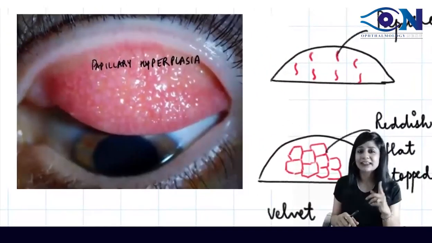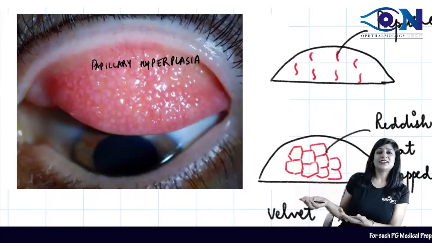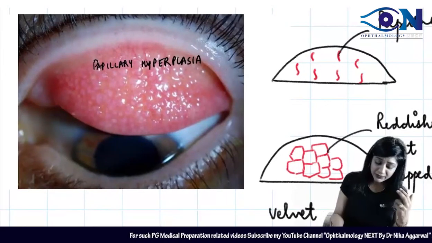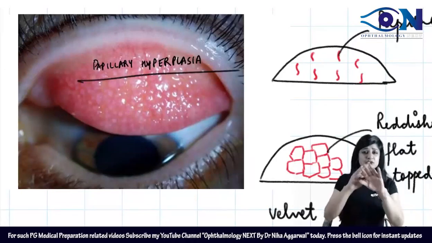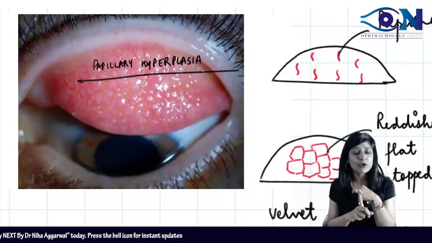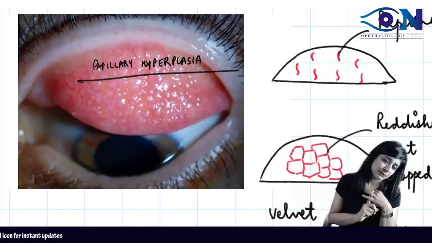Yeah, this is the weakness of the medicos. The patient is diseased and we say beautiful. So in terms of signs only. Whenever we have papillary hyperplasia, it's a beautiful velvet like appearance that we are getting. So we are having the sago grain follicles along with the papillary hyperplasia.